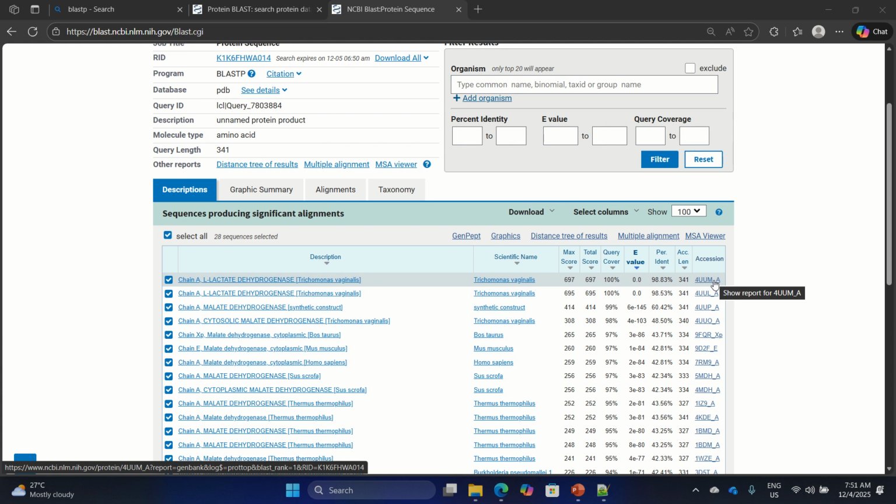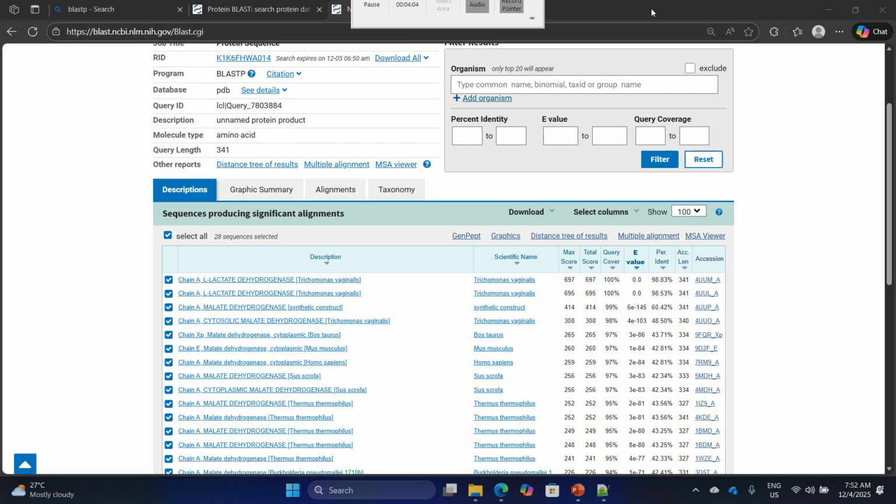This accession number is also the PDB ID. So we're going to download these four PDB IDs, since their sequences are related to our query protein. These four are homologous to our protein.